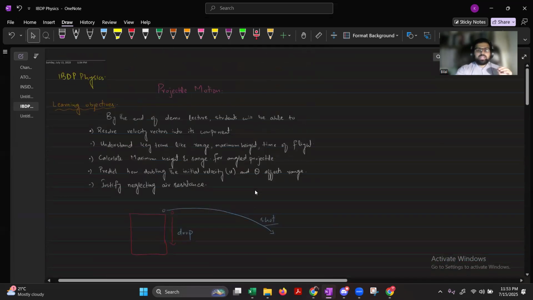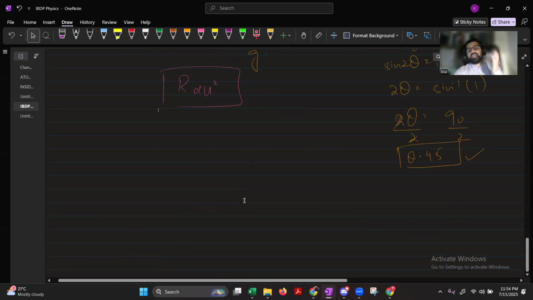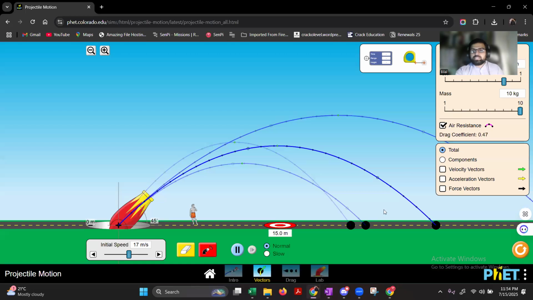The last thing that I want to talk about is what will be the effect of air resistance on this whole picture. If we take into account the air resistance, how will this whole picture be affected? Basically, air resistance will cause a decrease in range and height both. So if we shoot the same projectile at 70 meter per second, previously it hit at this spot. The range previously, when air resistance was 0, is 29.46, and height is